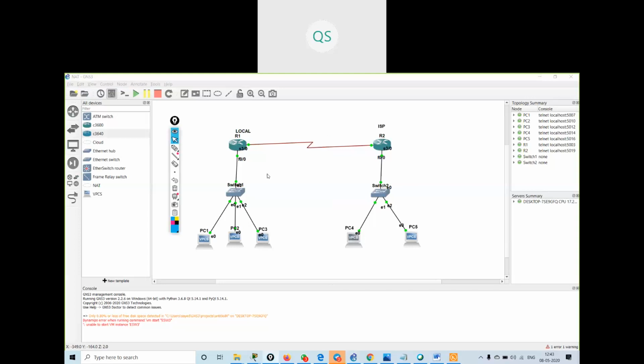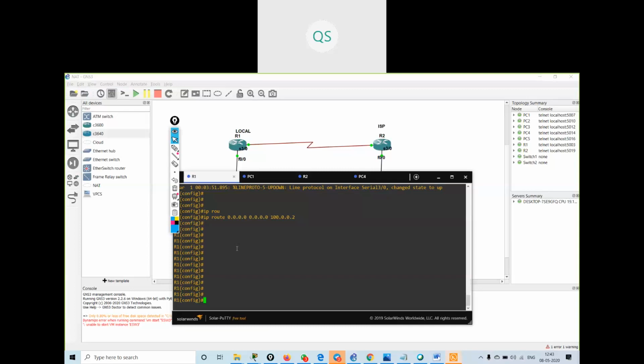Now what I will do, the best practice when you are performing NATing, first you have to give the inside and outside interfaces. So this is my inside interface, this is my outside interface. So I will go inside FastEthernet 0/0 and I will say ip nat inside.